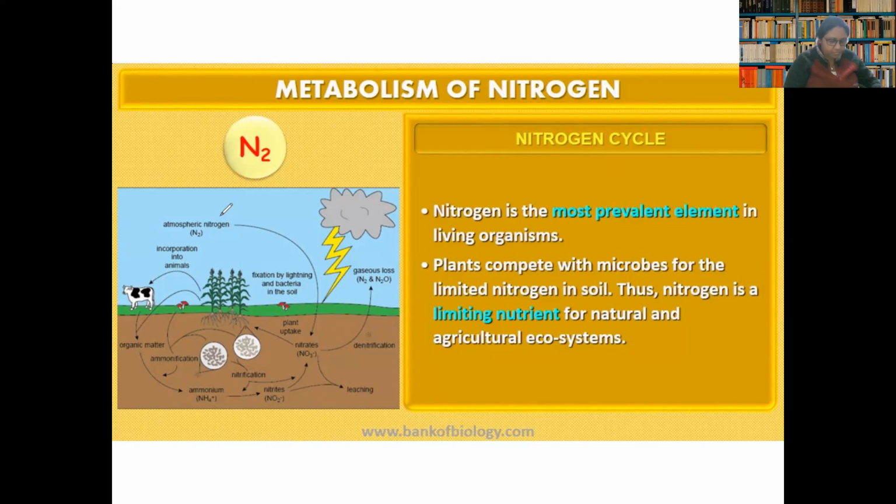So how to solve this problem? Who is responsible for conversion of this nitrogen into a form which can be taken up by plants? Because it is very important for plants to take it. If plants are not taking it, then we are also helpless. We too cannot do anything because we take all nutrients via plants only. So to solve this problem, we convert this atmospheric nitrogen into the form of nitrate. The whole hustle and bustle is going on.